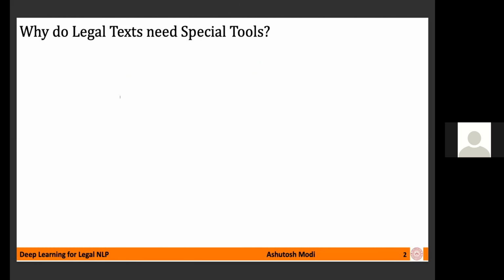All right. In this presentation, I will follow a grounds-up approach, so let me start with the fundamental question: why do we need special NLP techniques and tools for legal text? In recent years, there have been several developments in the NLP field that have advanced the state of the art by almost tenfold. As many of you might be aware, there is the magic of transformers and the revolution that they have brought in. So the question is, why can't we use those advancements directly for legal text? In a couple of upcoming slides, I'm going to outline some of the main reasons.